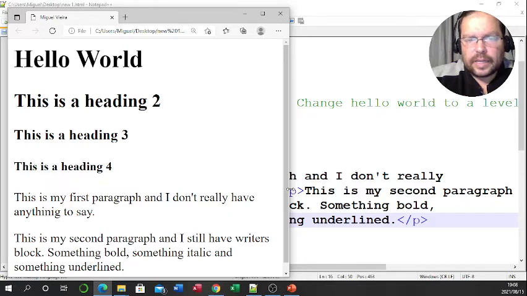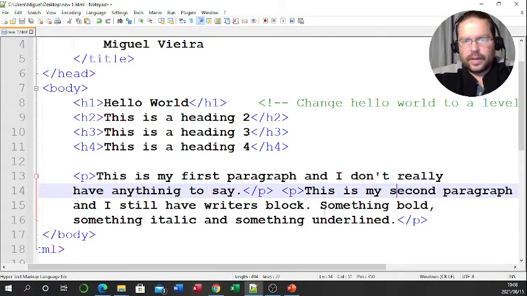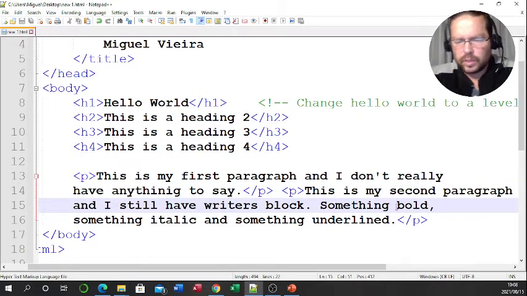Now we're going to be looking at some formatting, and we're going to change some words to bold, some to italic, and then some to underlined. Okay, so over here in the paragraph it says here something bold, so let's make this word bold, and all